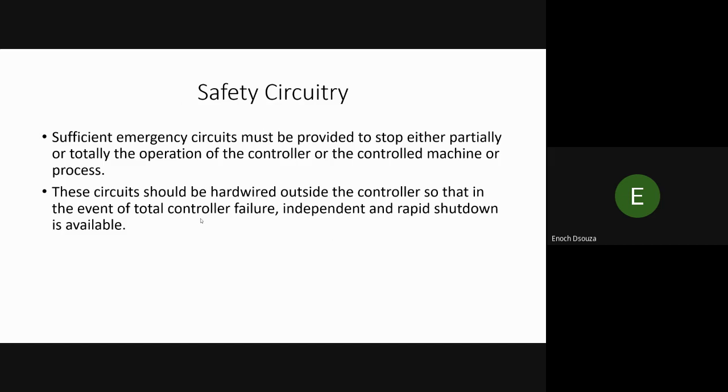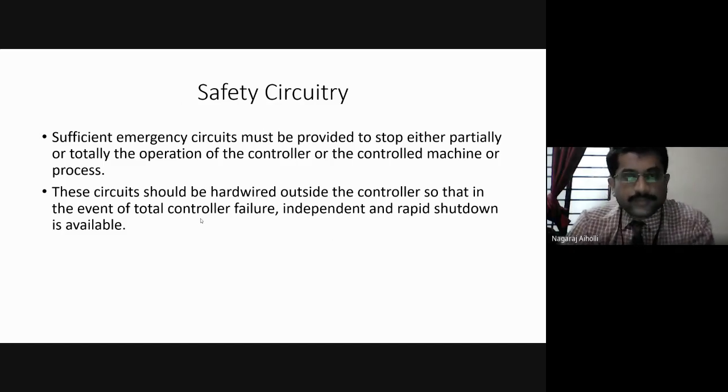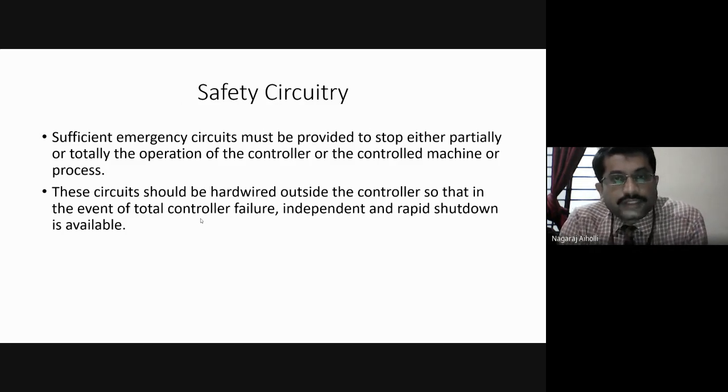So maybe like a fuse. Yes, it is just like a fuse, a protective device. Correct, you are right. That means if there is any fault or any emergency condition in the PLC, if something goes wrong in the PLC circuit, then we have to overcome that. We have to take immediate precautionary measures so that the fault is overcome. That is the meaning of safety circuits.